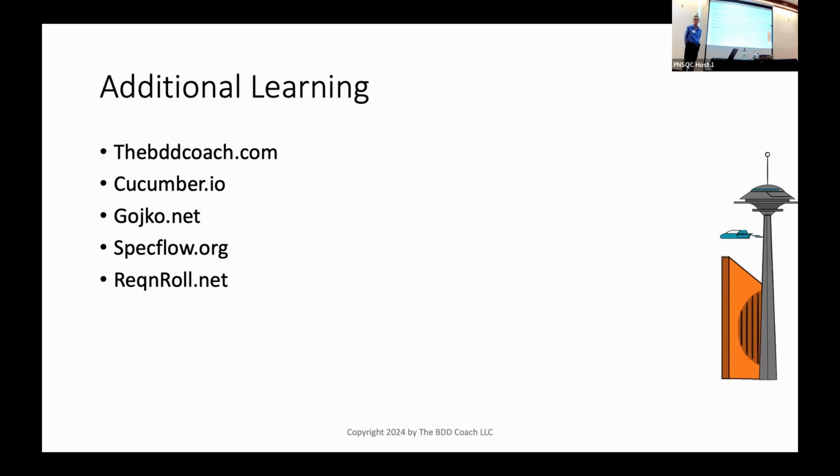Specflow.org, great website, got lots of authoritative information. Rec and Roll is the fork of Specflow by the original author of Specflow. And again, great stuff there. Anything linked from these websites, you can trust. Anything not linked from those websites, I don't know. But you can go back to the blog post, Never Google BDD tutorial, and you can look at a website or a blog post you're looking at and quickly decide, is this trustworthy or not? Because you'll see the same mistakes